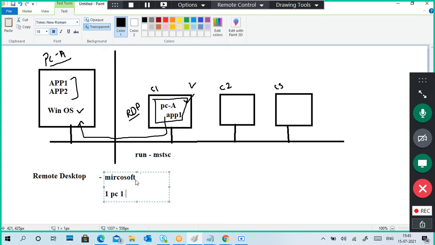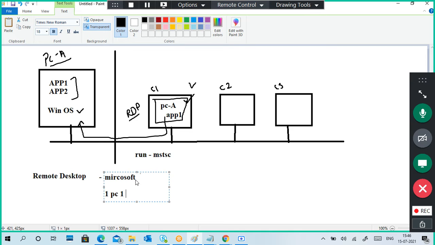Linux is multi-user, multitasking. Windows is single user, multitasking.